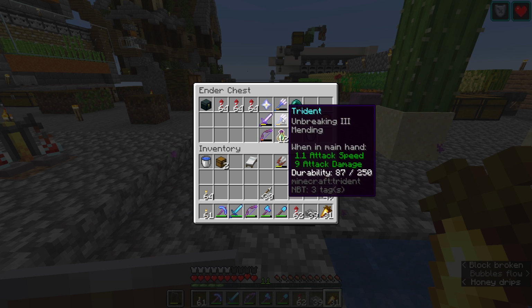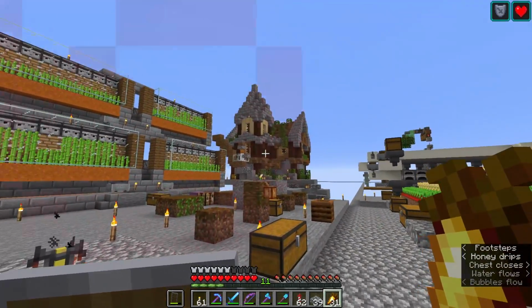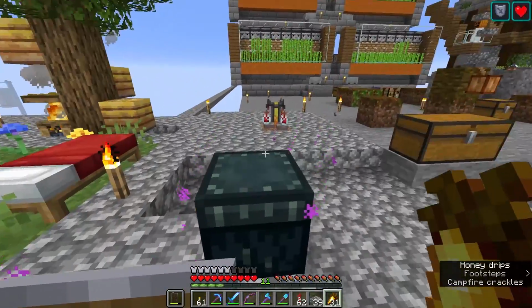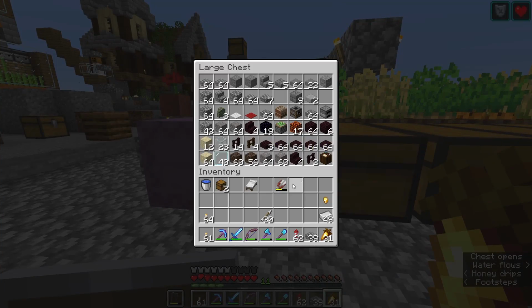And we're probably even going to get more of them so that we can have one with channeling and one with Riptide. If I can get hold of those out of an enchantment table instead of relying on books to get hold of them, then I definitely want to give that a try. But I think I'm going to spend the last part of this episode grabbing a few more resources